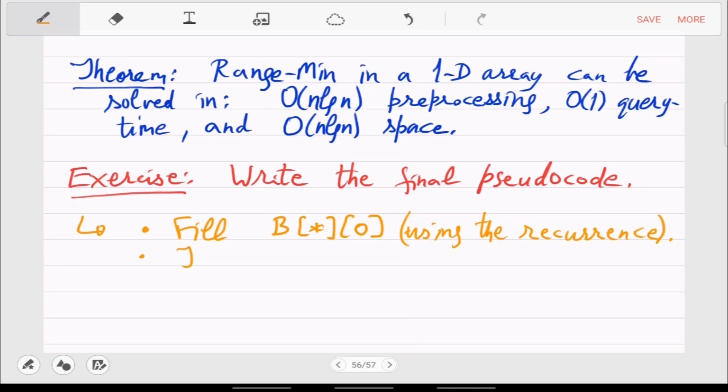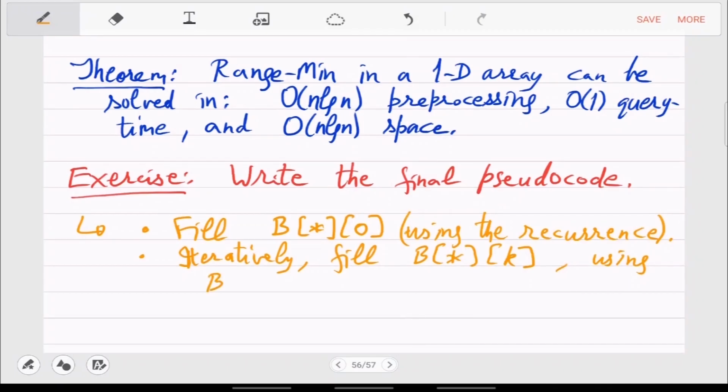And then in the induction step, iteratively or recursively, using the matrix from, so this is all the rows, but the columns you are using are only from 0 to k minus 1.